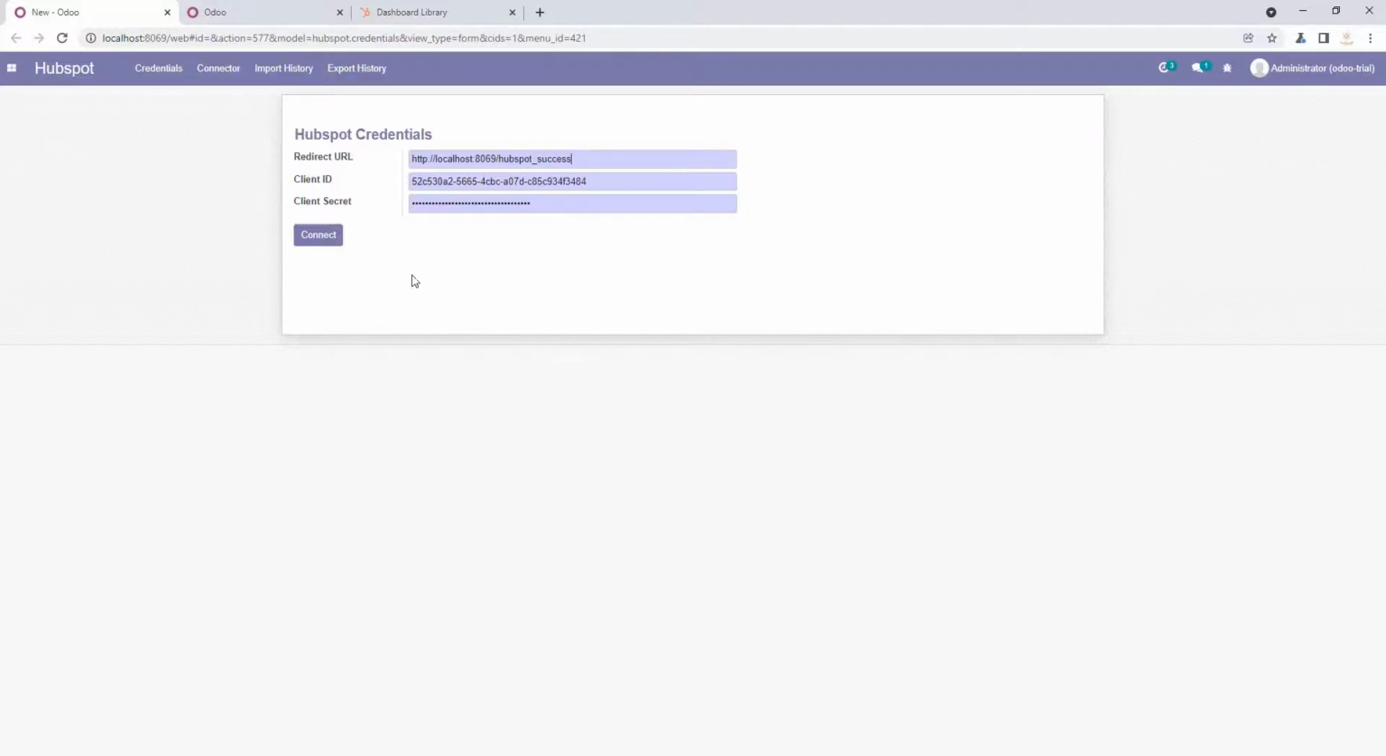Today we are here to discuss a new connector, which is HubSpot. I have already installed the connector and we have many options. The first one is the credentials. In credentials we require a few fields, and I have already filled them out. After you fill out the fields, we just click the connect button